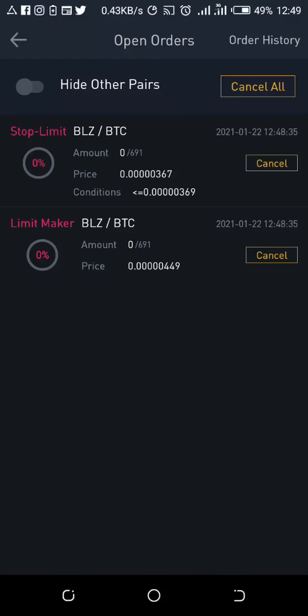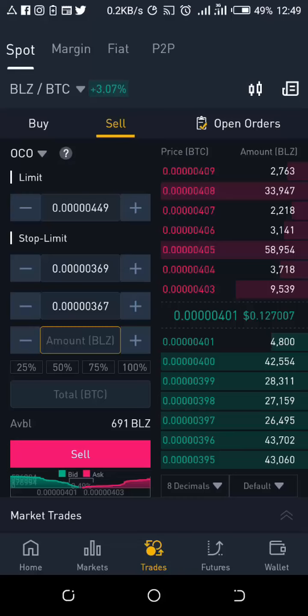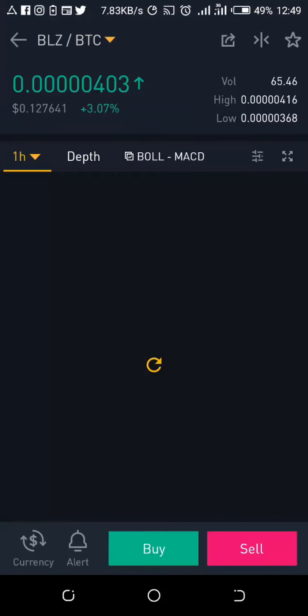So we are going to come back to this trade to check what has happened in our trade. So if the first has been executed or the last has been executed, then if we look at the chart,